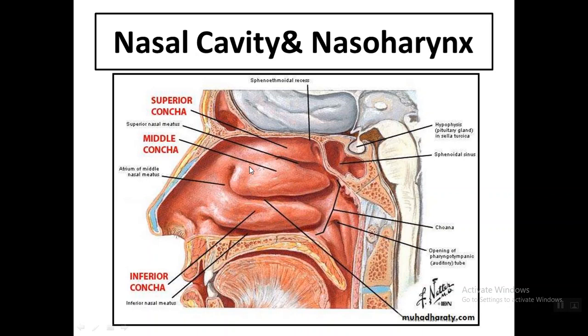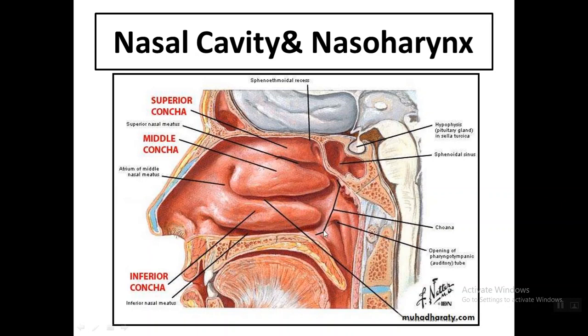The lateral wall has these features, these bony projections that are called concha: the superior concha, the middle concha, and the inferior concha. The anterior opening of the nasal cavity is called the nostrils, and the posterior opening is called the choana that